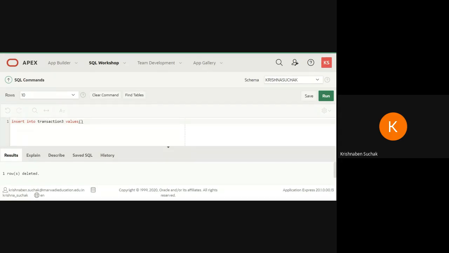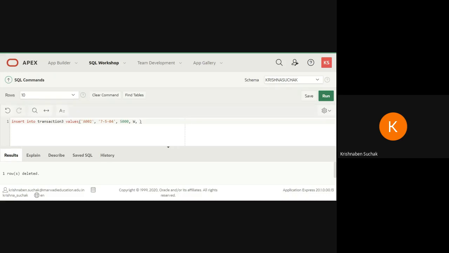So here I am going to insert A002, then the date July 5, then amount 5,000, and type of transaction W.